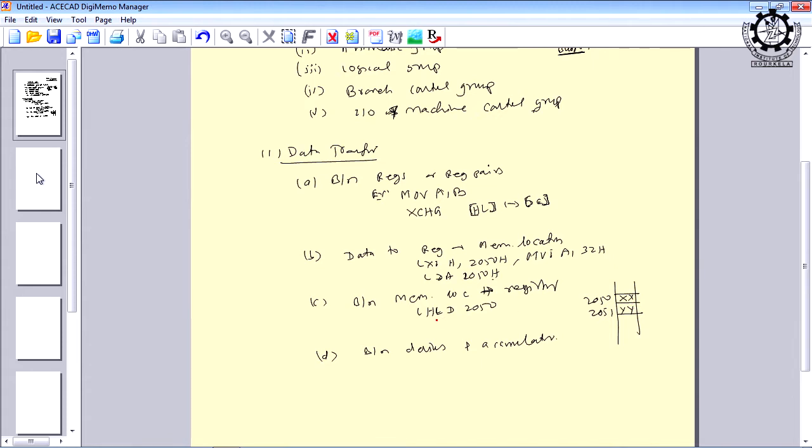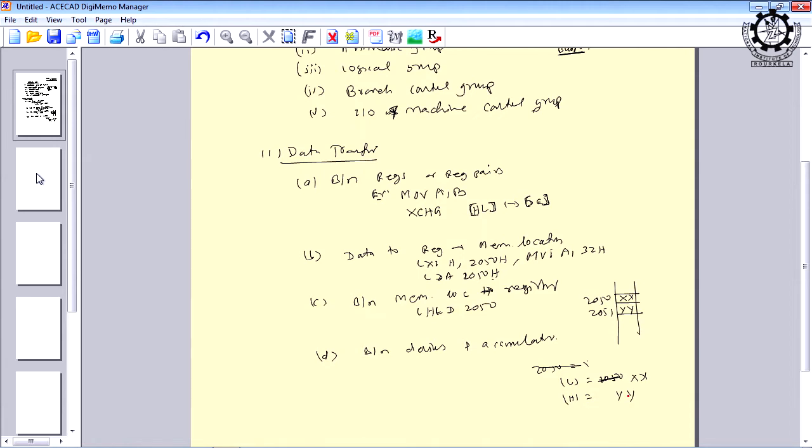First it will be loaded into L, then 2051 content will be loaded into H. Or in other words, after executing this instruction L will contain XX and H will contain YY. That is the meaning of this instruction.